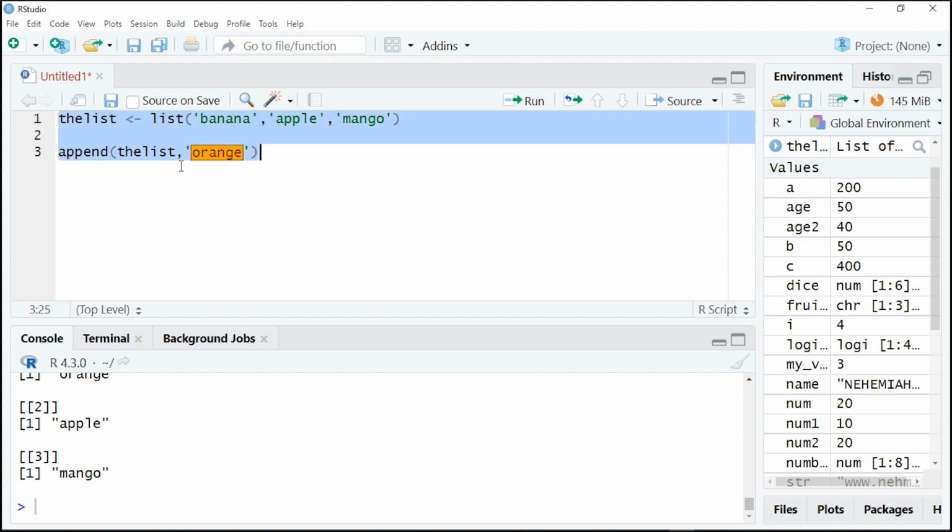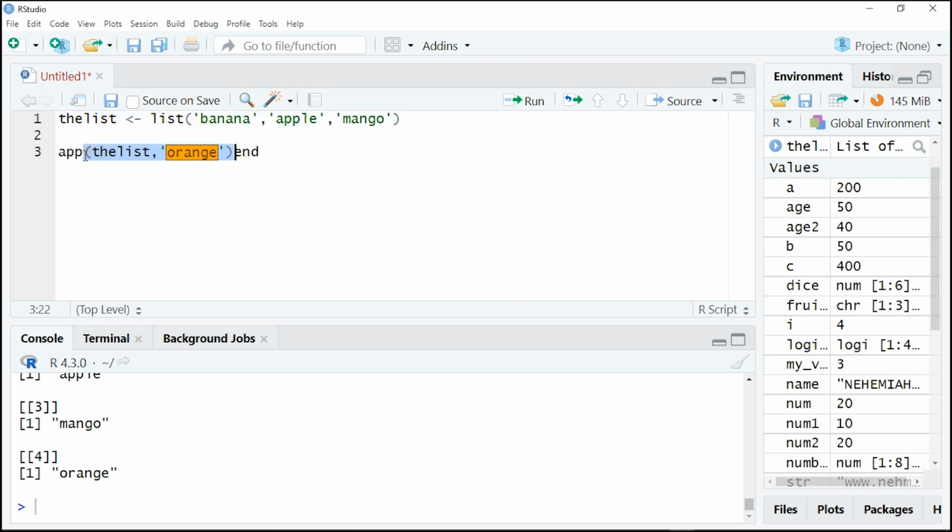Then when you run it, it will be appended. You can see now orange is added. To remove an item, we just use the negative operator. For example, let me just delete this task, and then here let me say perhaps new list, and then I'll assign it to